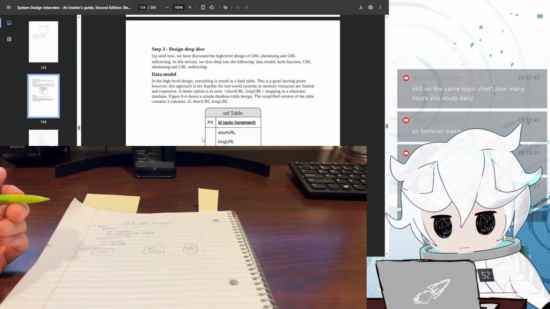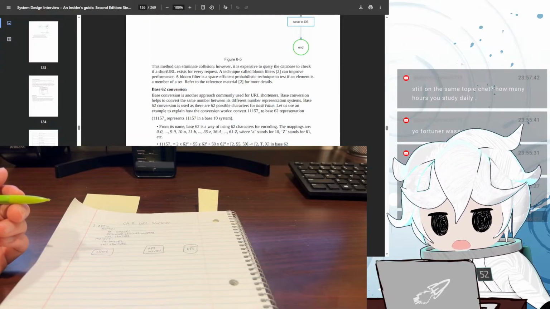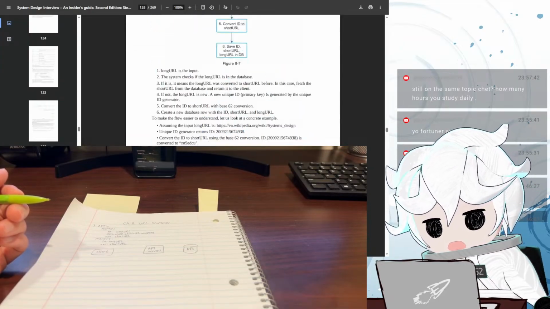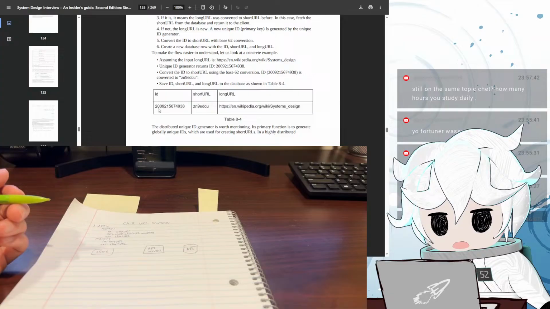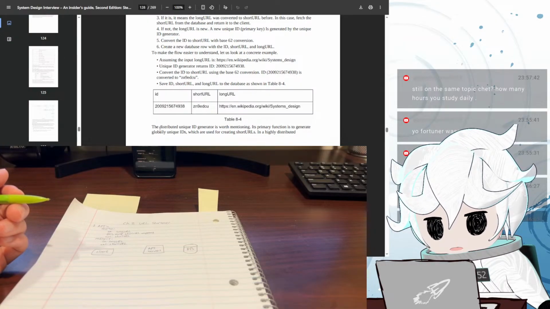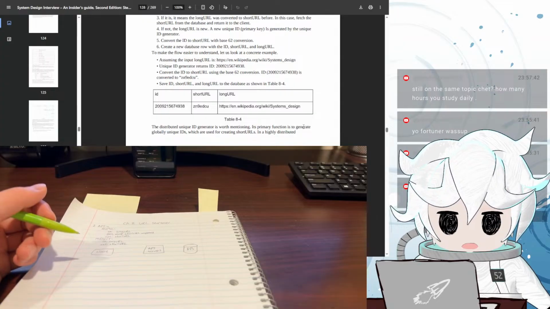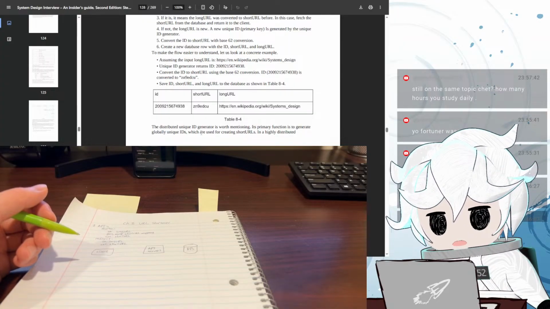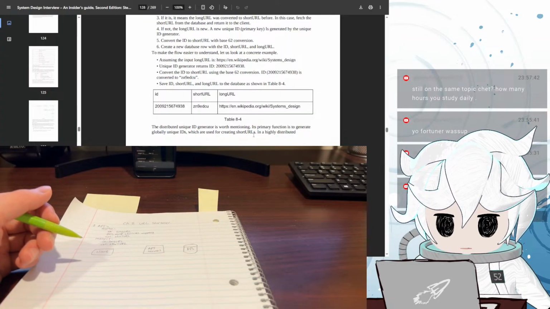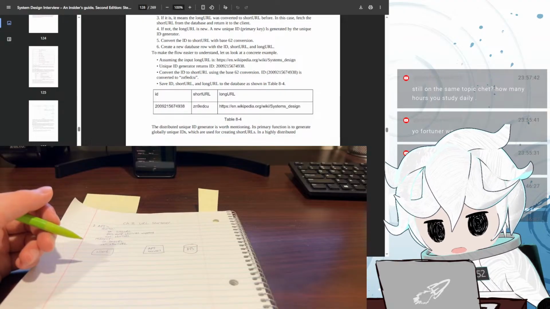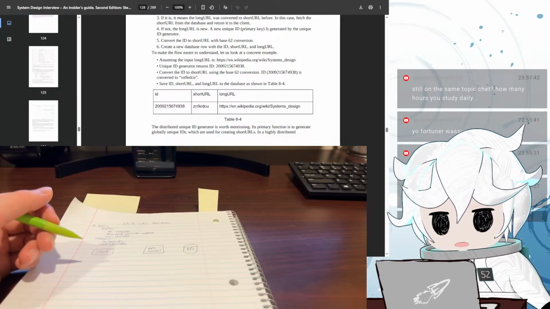Right, I mean, I still don't know why we need the ID in here. Oh wait, the distributed unique ID generator is worth mentioning. Its primary function is to generate globally unique IDs, which are used for creating short URLs in a highly distributed environment. Implementing a unique ID generator is challenging.